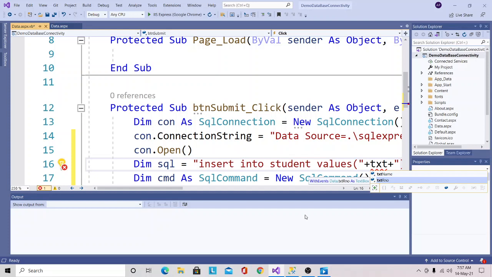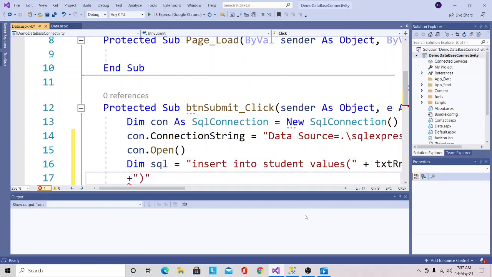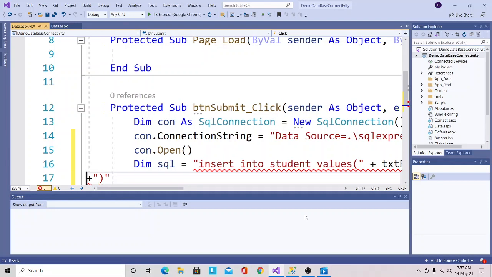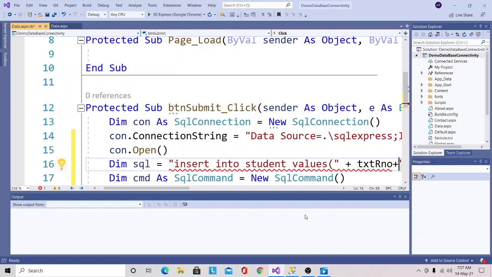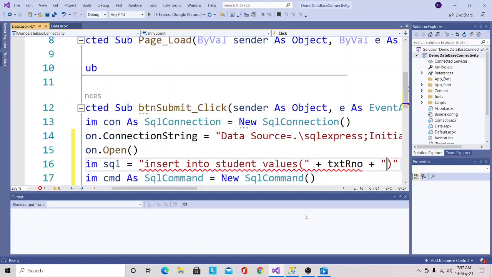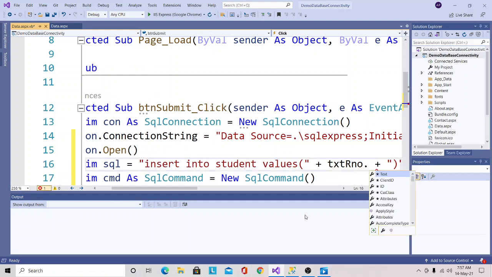So here I will mention txtRollNo, and using the dot operator I will call the Text property of this server control, dot Text.